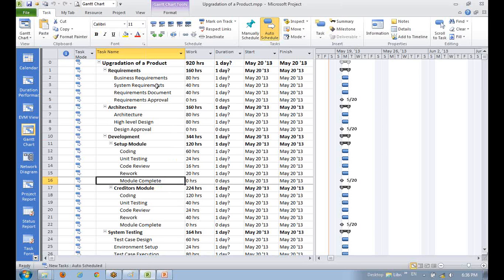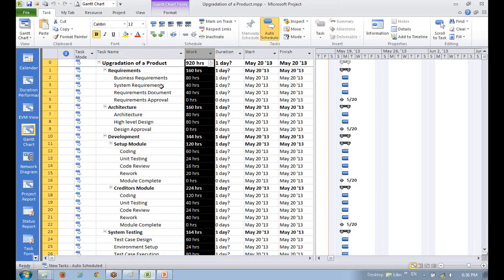Okay, and another thing, if we choose going by duration for estimation, then how will we put the duration estimate? Then we write into this, in the duration column itself. Then the work column will get calculated when you assign a resource.